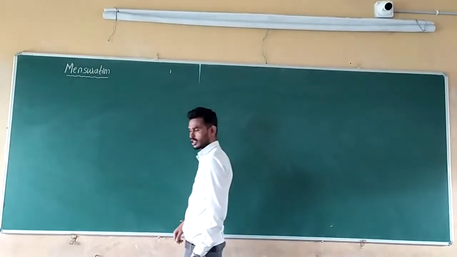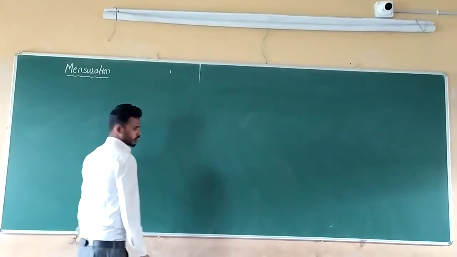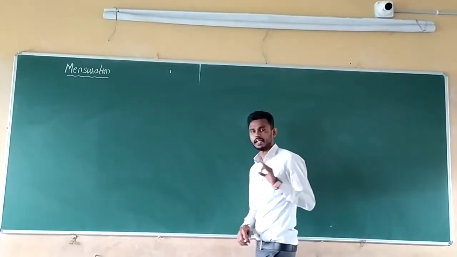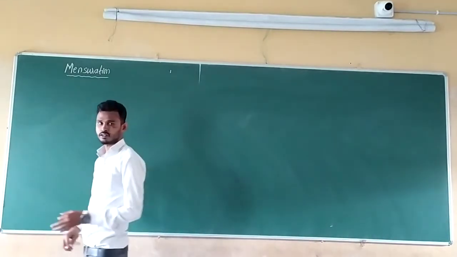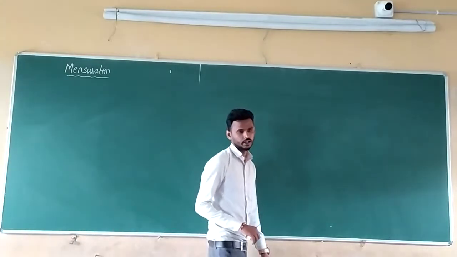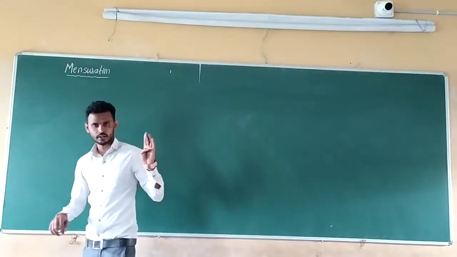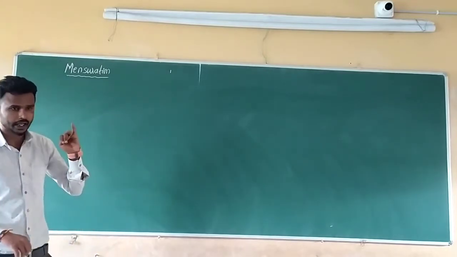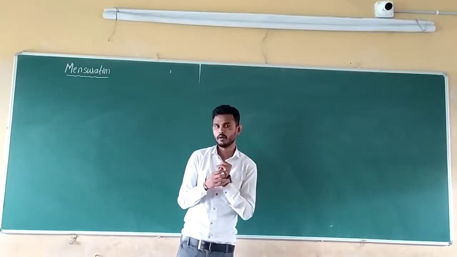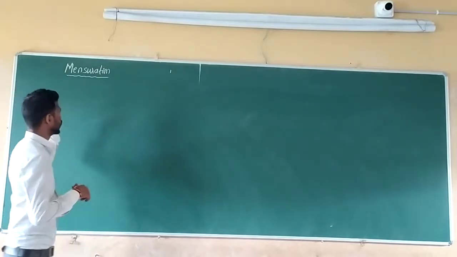So today we start the new chapter, mensuration. So mensuration means what? Mensuration means it is the study about the areas and the perimeters. In the previous standard we have studied how to find the area of a square, rectangle, triangle and circle. Many things we have studied, how to find the area of many figures. Now here we continue that only in this chapter, mensuration.